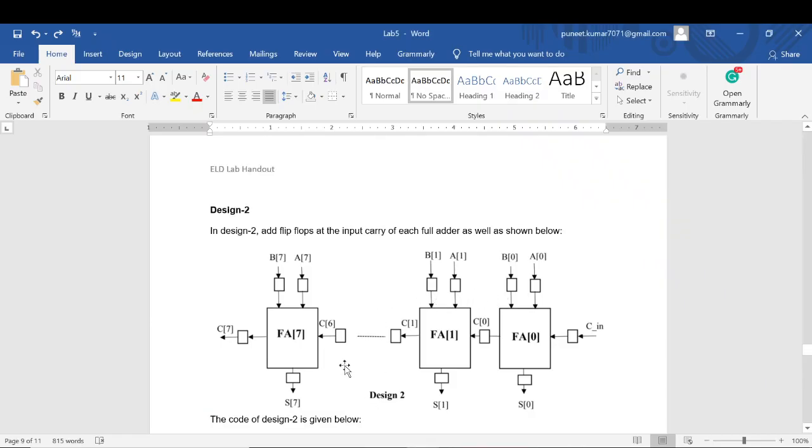So if we go back to this diagram, after 1 clock cycle, some values of A and B will be latched to the full adder, and then it will give the sum. But after the first clock cycle, the calculated carry will not be propagated through the flip-flop. So we will have to wait for the next clock cycle. At the next clock cycle, the new carry values will get to the full adders, and the full adder will compute the result.